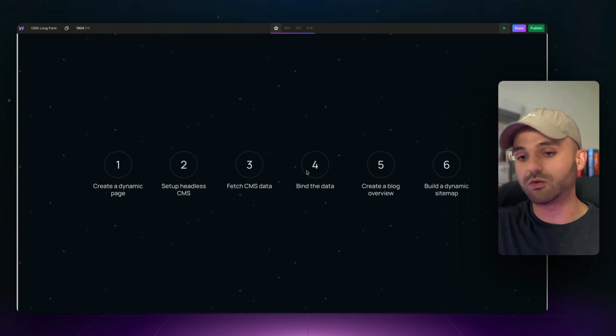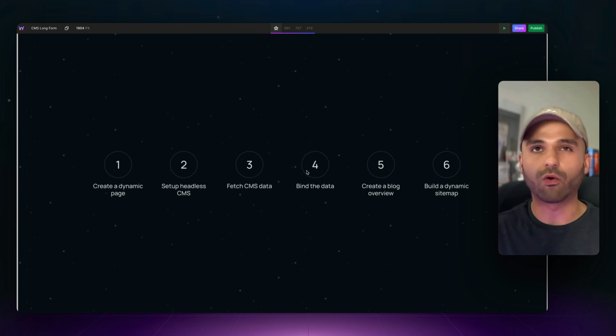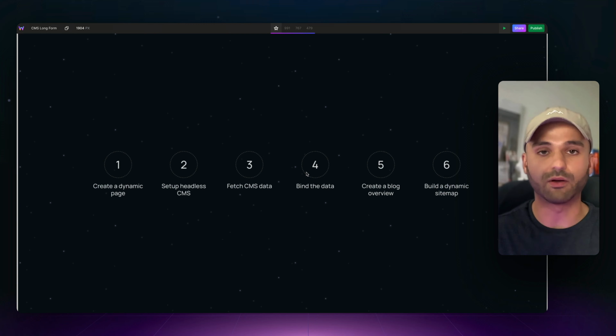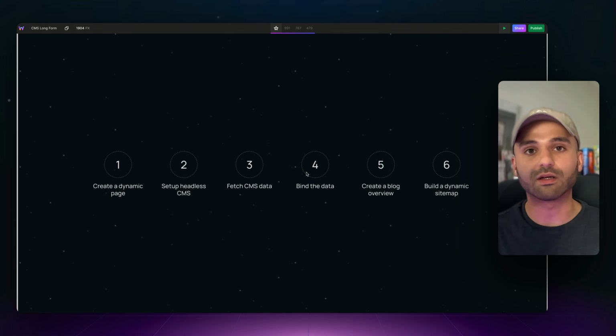After that, we are going to take that data and bind it or connect it to the various components within Webstudio. So taking maybe the blog title and connecting it to the header component. Next, we're going to create a blog overview page. So that way our users can browse a list of all of our blog posts and click through them. And finally, we are going to create a sitemap that includes the data from the dynamic CMS or the headless